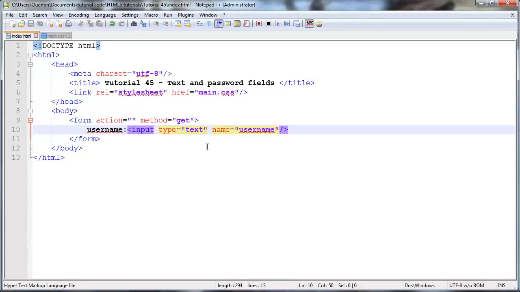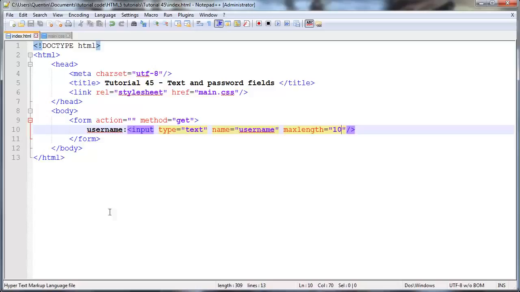So let's say we wanted to give this a limit, like the user could only fill in 30 characters or something. Well, we can do that with an attribute. So if I go back to Notepad over here, I could go ahead and give this an attribute of maxlength, and I could set that equal to 10, and that means that I'd only be able to fill in